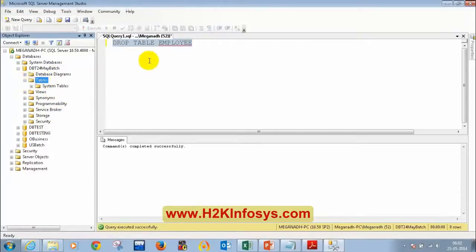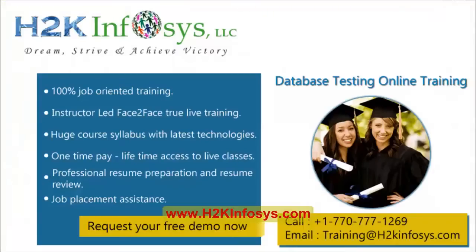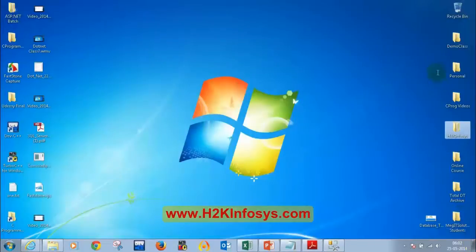Okay, now let's try to understand more about creating tables and what constraints we have. Let me open a PDF which I have, very good material for this. I'll be sharing it with all of you.